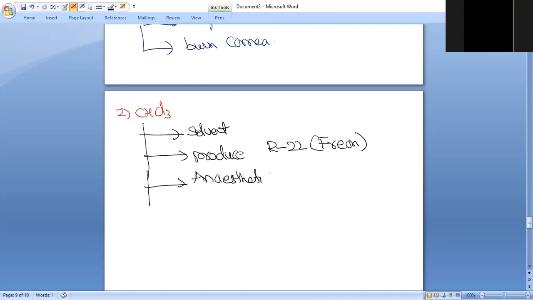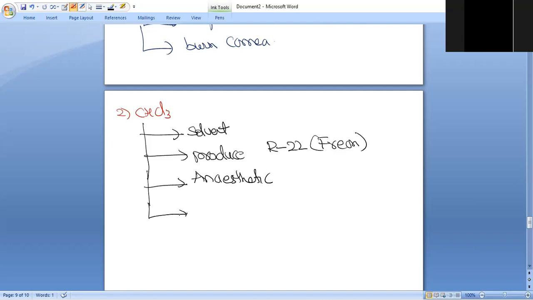When you see movies, where they want to give anesthetic, they keep a chloroform bottle and give the anesthetic. In the old days they used it as an anesthetic. Now we have many other alternative anesthetics, so we are not using this one. But previously it was used as an anesthetic.